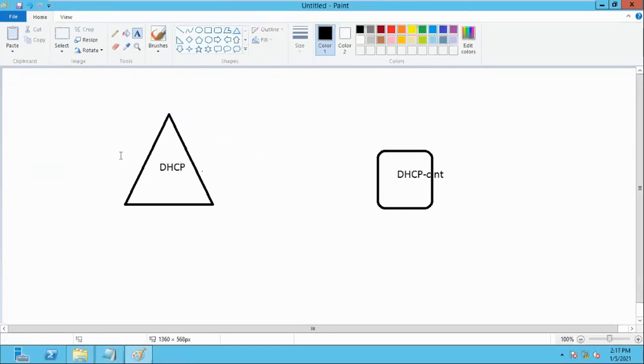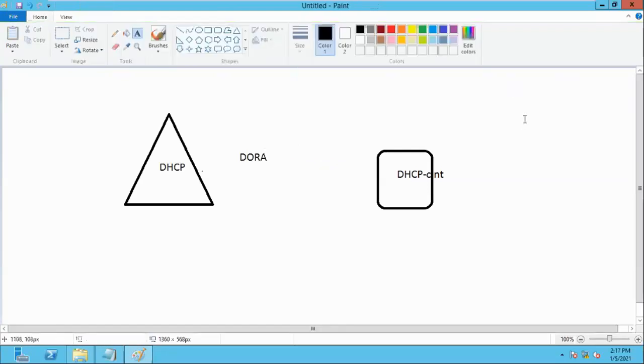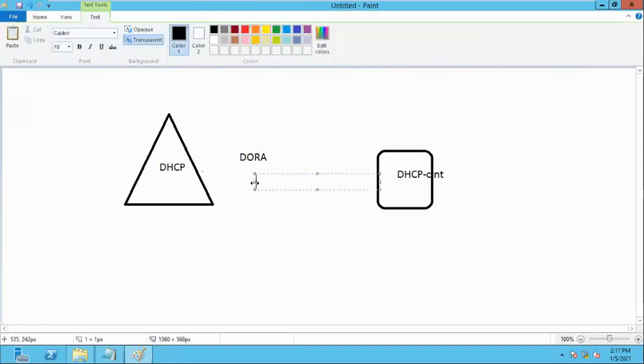Between these two, one process happens, called the DORA process. Remember: discover, offer, request, acknowledgement. The client discovers, and the server offers. The client requests an IP, and the server provides the acknowledgement with the IP address. How does it happen? It happens with the MAC address.